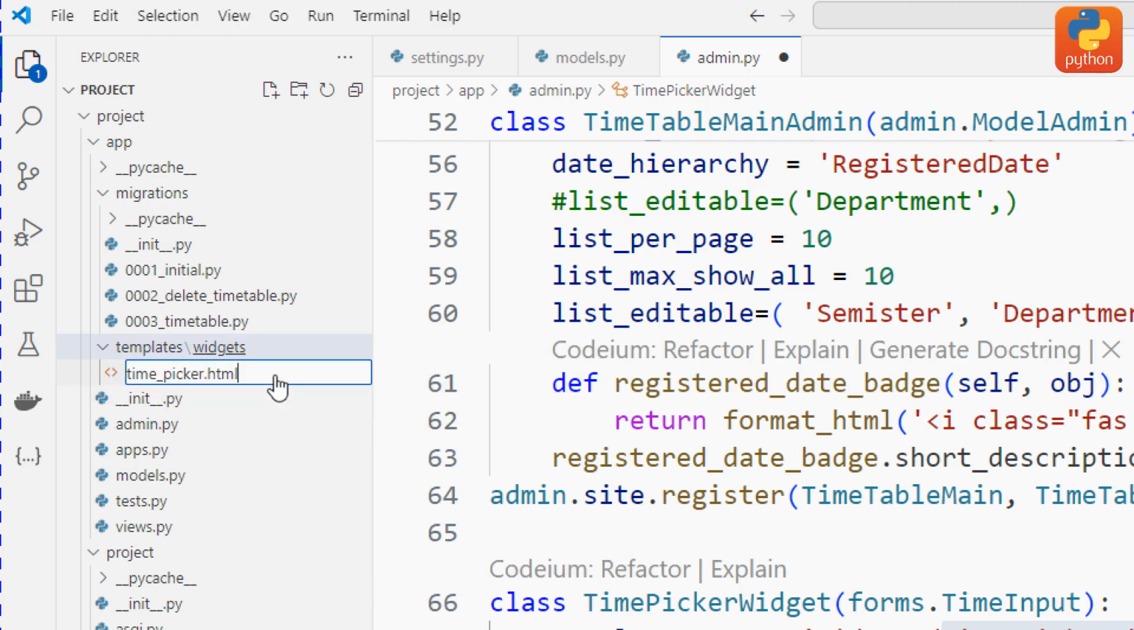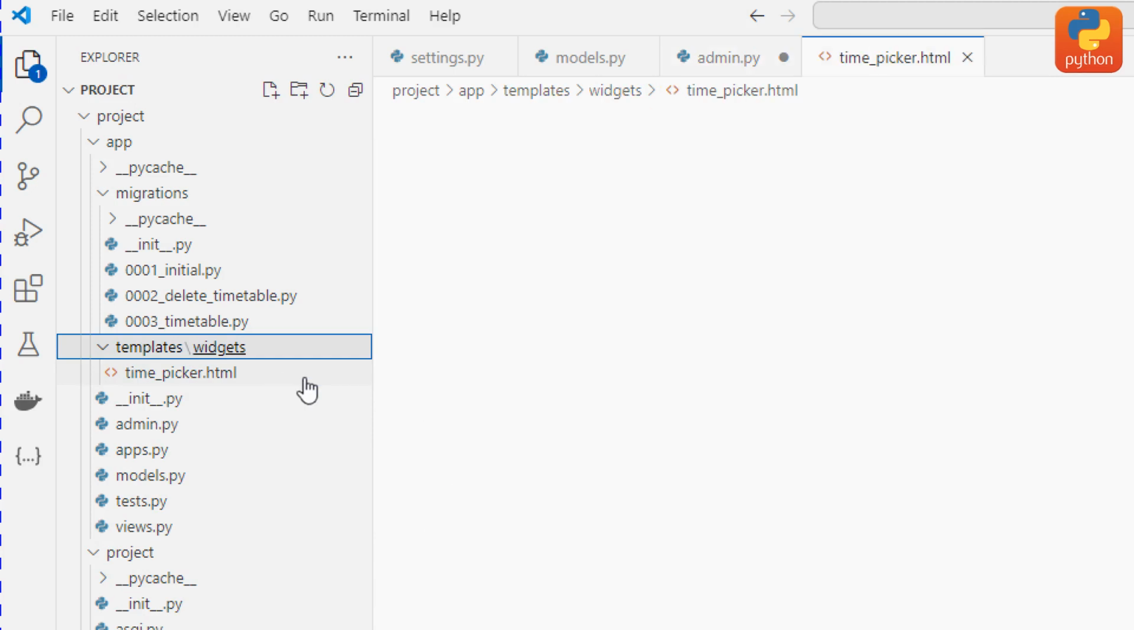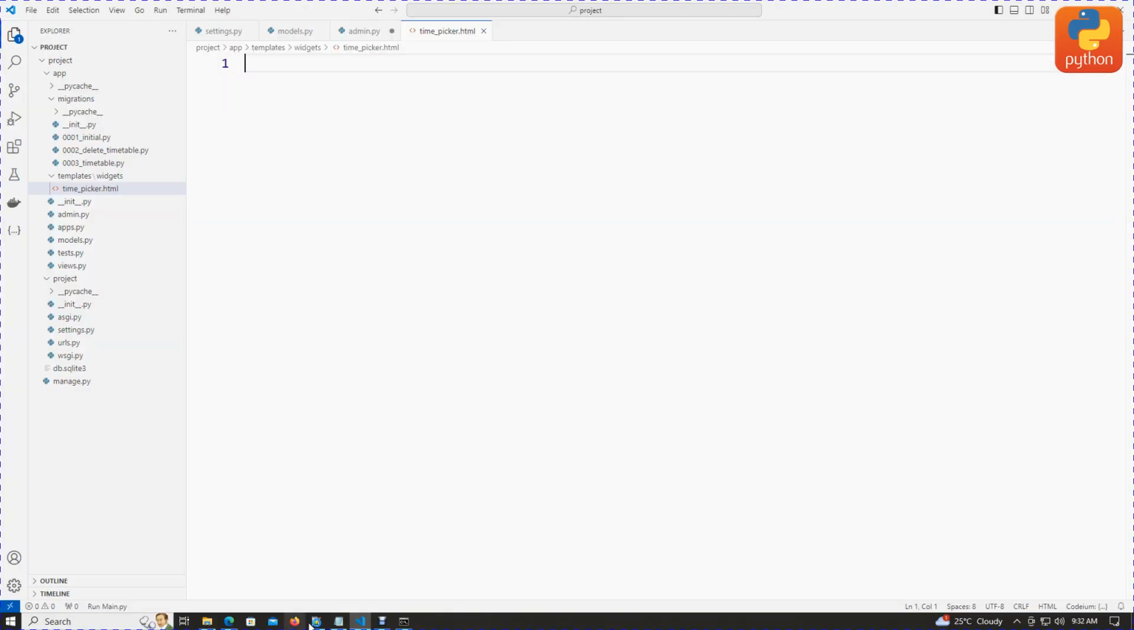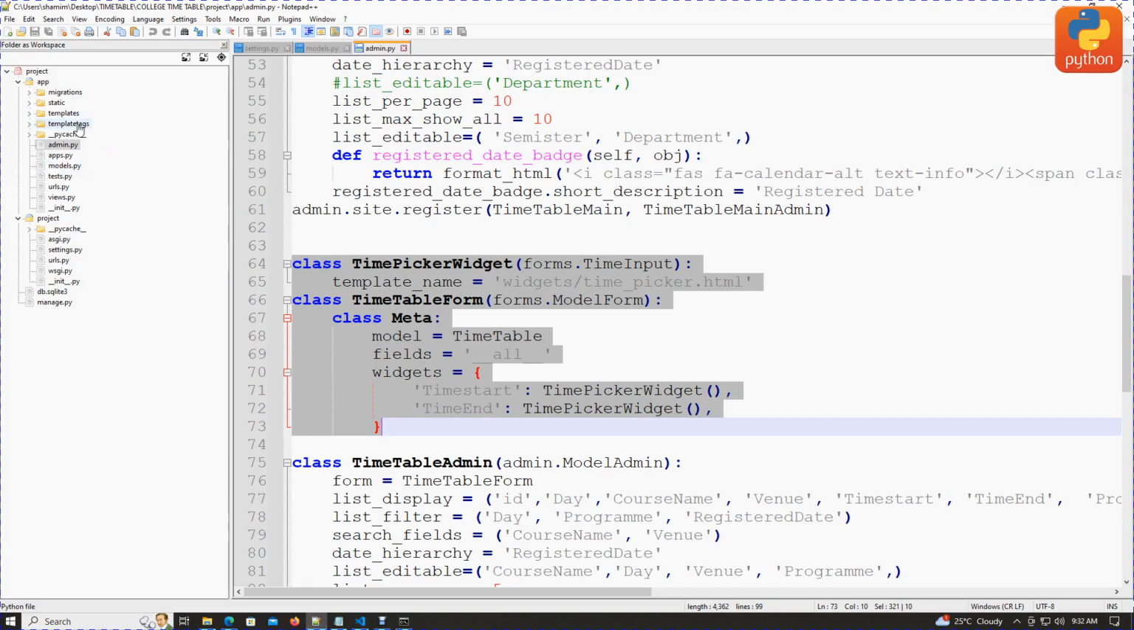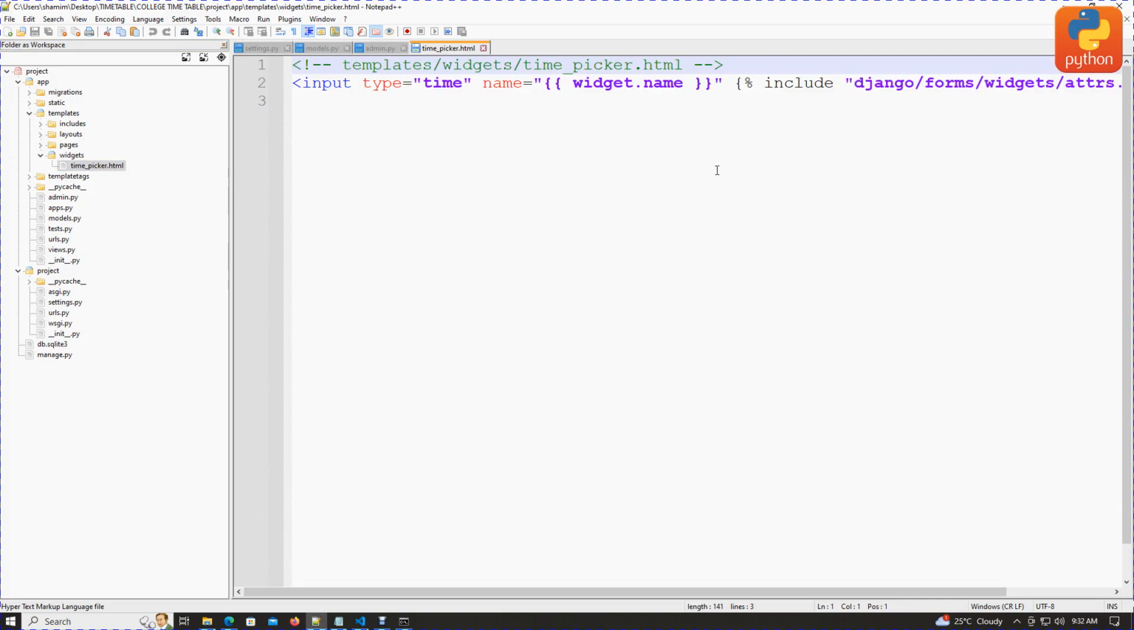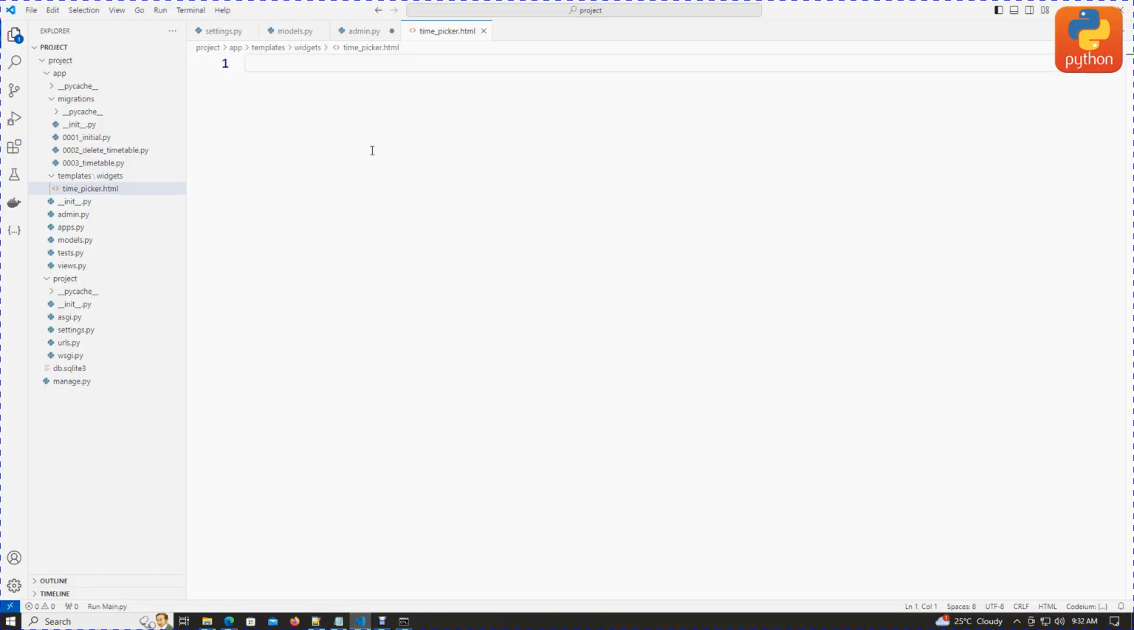File name is date_picker.html. Click enter. Hii hapa imefunguka. Humu unaweka kodi hizi hapa. Nakuja hapa kwenye templates na expand. Nakuja kwenye widgets, datepicker.html, copy zote alafu njoo paste humu. Okay,